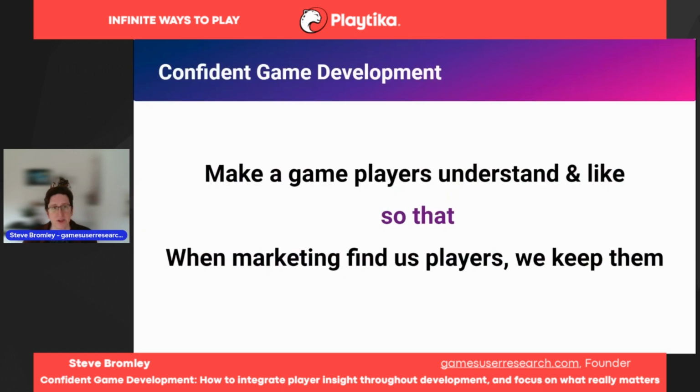What I'd like to promote today, and what I'd like to talk you through so that you can do this yourself, is helping make a game that players understand and players like. So that when you do acquire users, when you are spending on advertising, whether that's on a mobile game or traditional advertising for console games, and you're getting new players, you are keeping those players. They're getting through a successful first-time user experience, you're hooking them, and ultimately you're not throwing away acquisition spend.